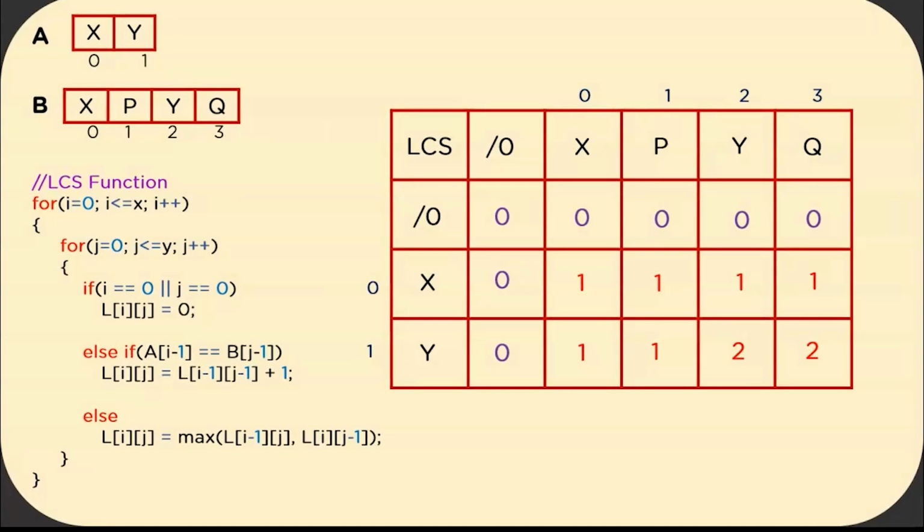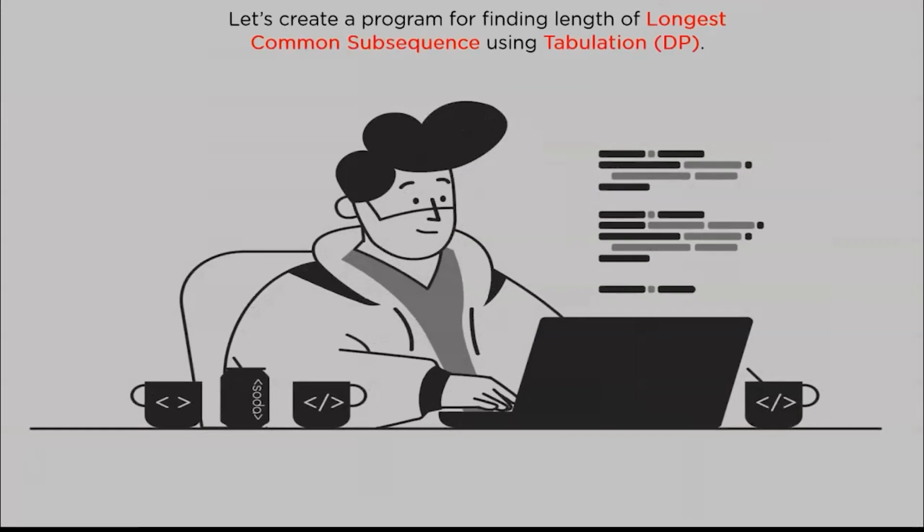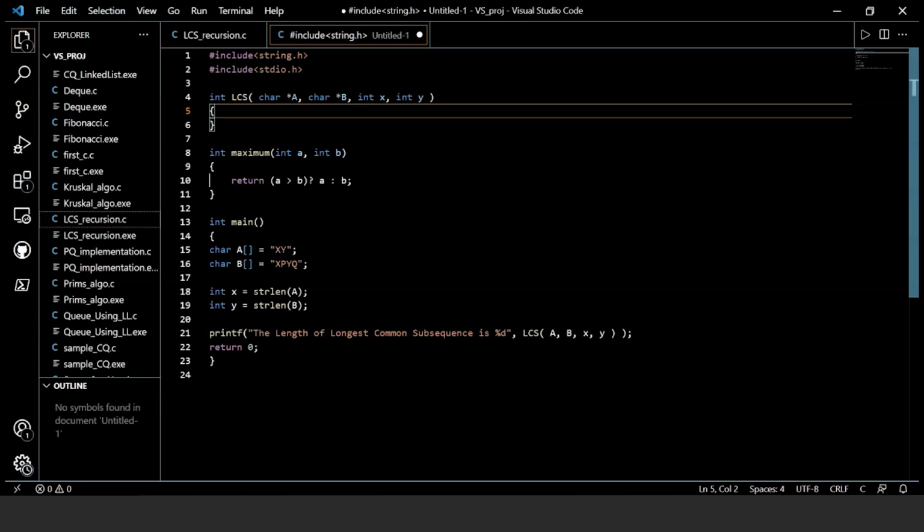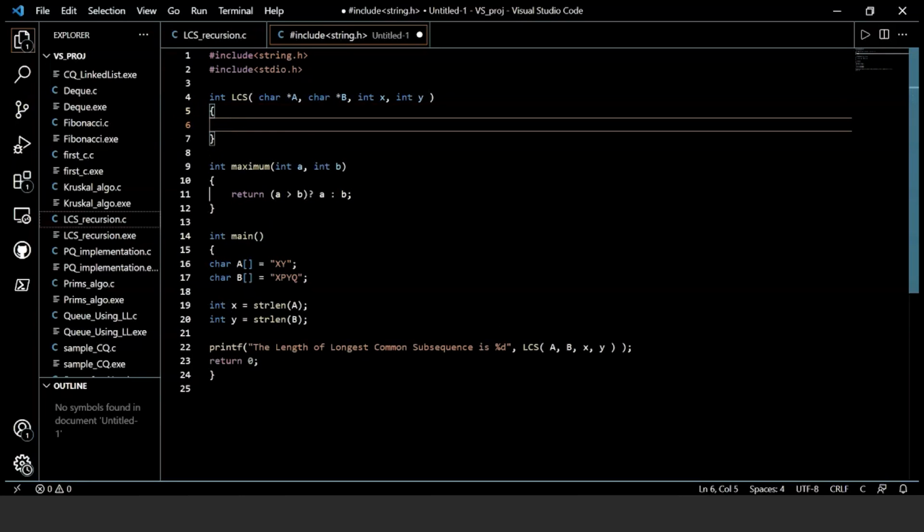I hope this tabulation logic is clear to all of you, because moving forward, we'll develop a C program for the same. Now, in order to get started with this tabulation function, we have created int LCS function with few arguments. These arguments are similar to the recursion. In this tabulation LCS function, we'll first create the 2D matrix for performing the computation. The statement that will help to do that is int L